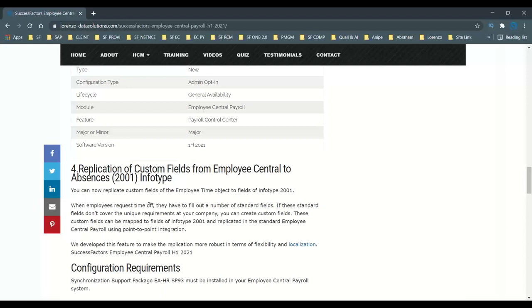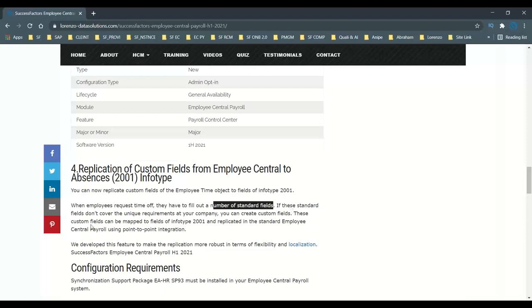The similar kind of functionality applies when you don't have the Employee Central request, when employees want to request time off. For example, the number of standard hours field is not available, but the standard hours field is available in InfoType 2001.